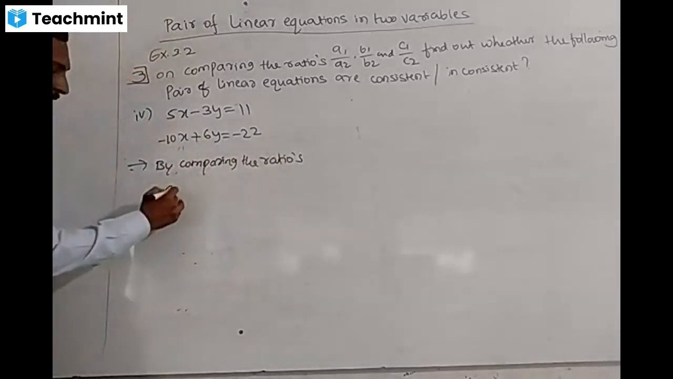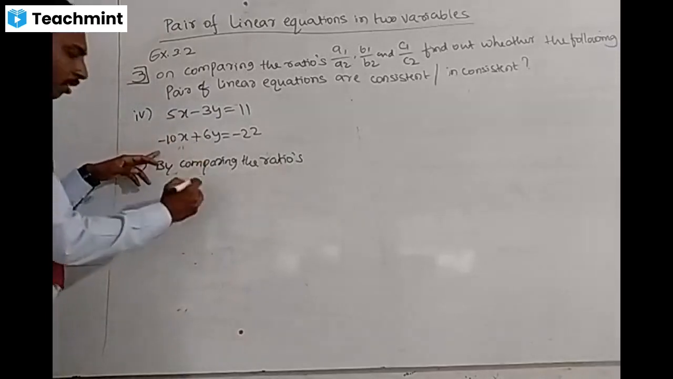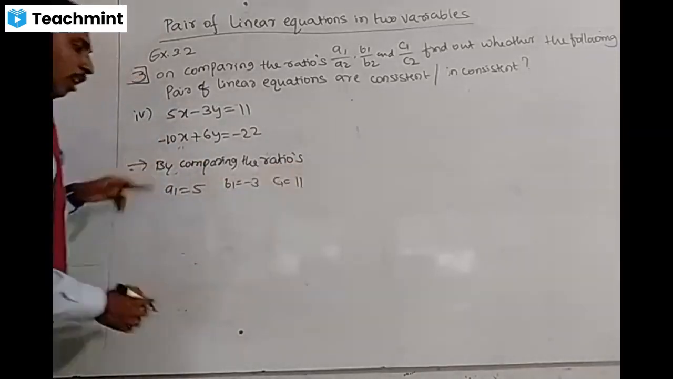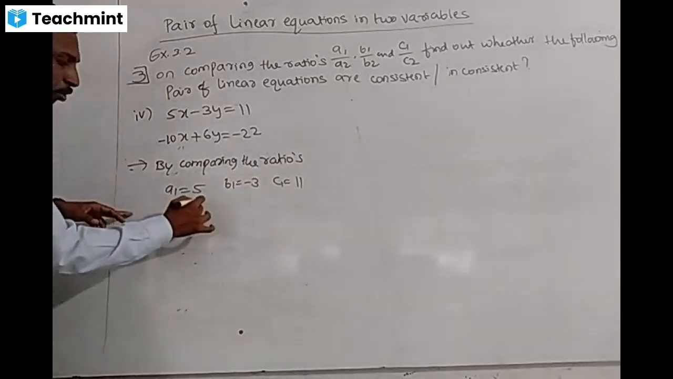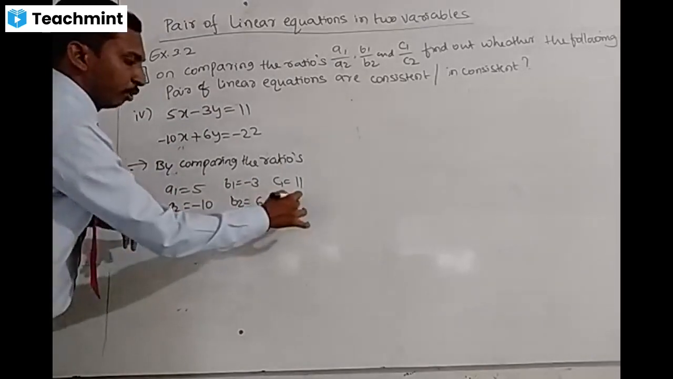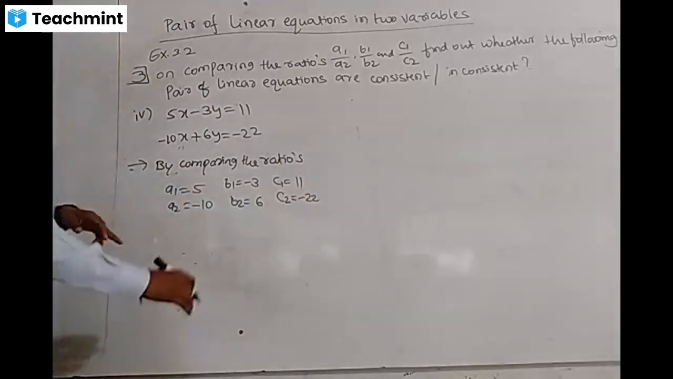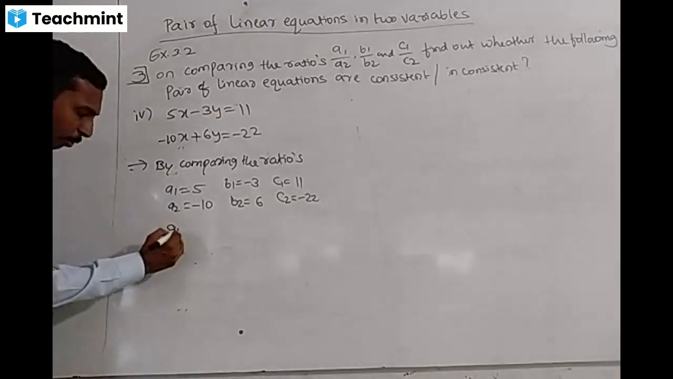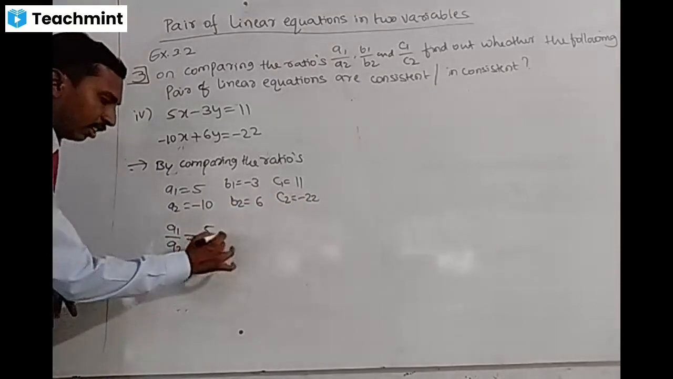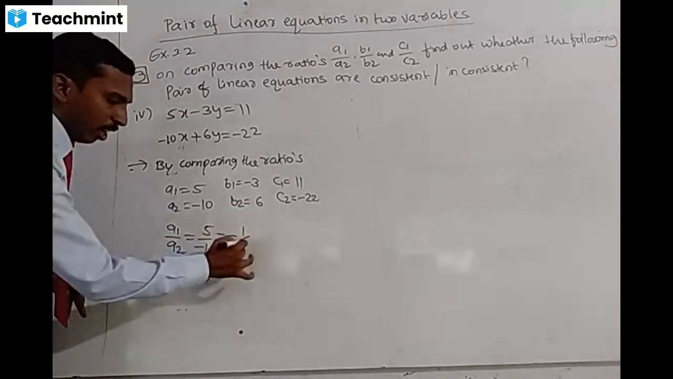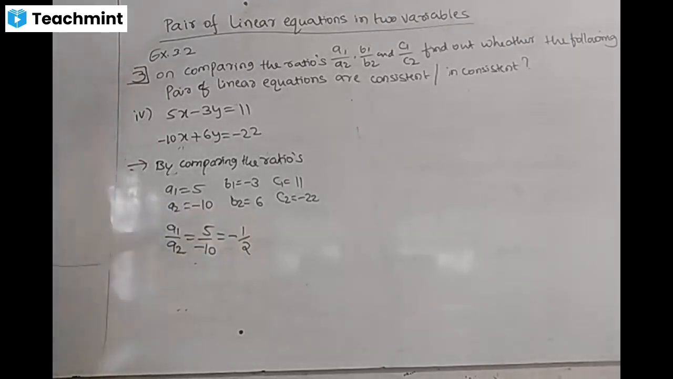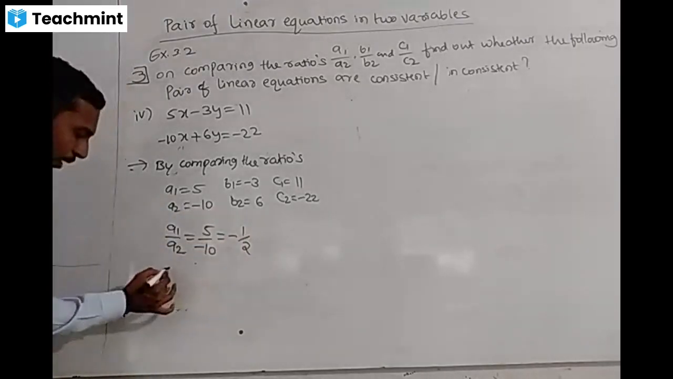Now comparing: a1 is equal to 5, b1 is equal to -3, c1 is equal to 11, a2 is equal to -10, b2 is equal to 6, c2 is equal to -22. Now a1 by a2 is 5 by -10, which is nothing but -1 by 2. Now b1 by b2,